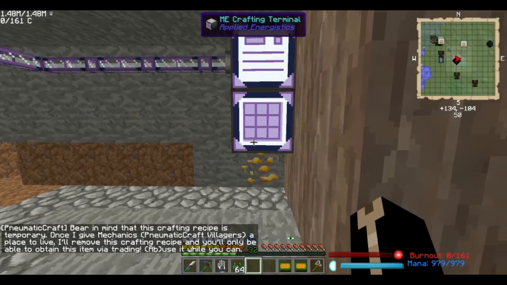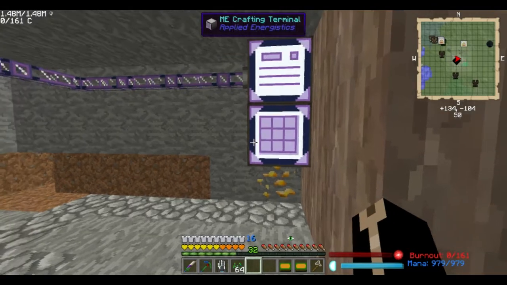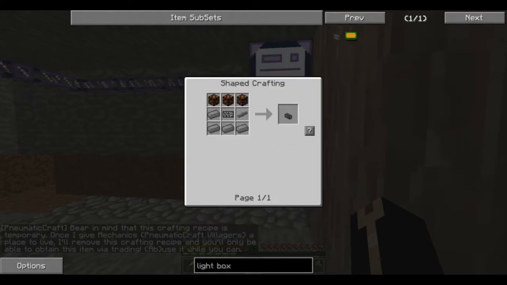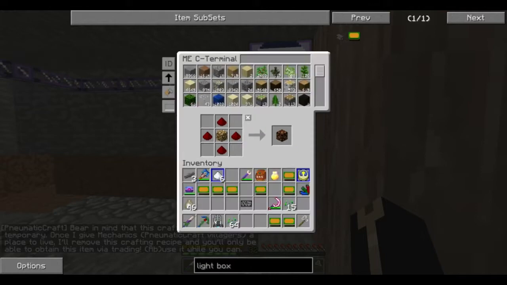Bear in mind that this crafting recipe is temporary. Once I give mechanics and Minecraft villagers a place to live, I will remove the crafting recipe and you'll only be able to obtain this item via trading with them. Okay. A bit annoying that it does it every single time, and let's see if we can craft what we need. So we're going to need some more...